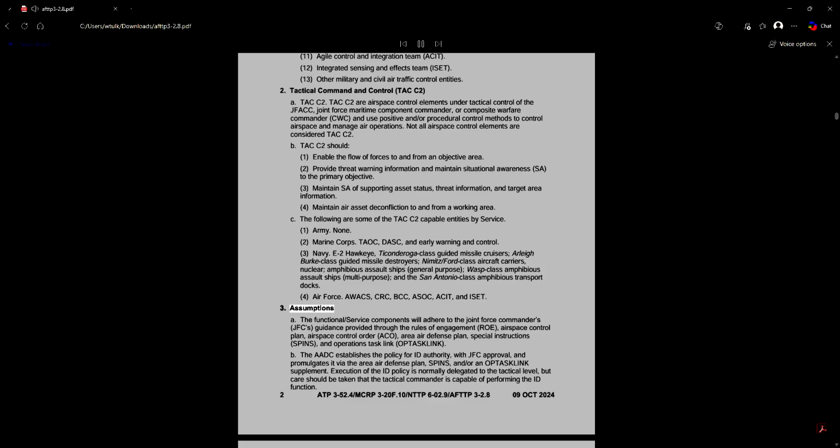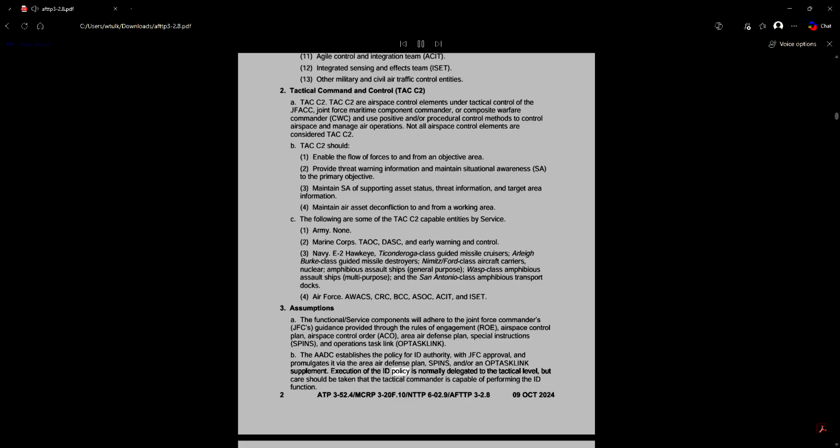3. Assumptions. A. The functional/service components will adhere to the Joint Force Commanders', JFCs', guidance provided through the Rules of Engagement, ROE, Airspace Control Plan, Airspace Control Order, ACO, Area Air Defense Plan, Special Instructions, SPINs, and Operations Task Link, OpTask Link. B. The ADC establishes the policy for ID authority with JFC approval and promulgates it via the Area Air Defense Plan, SPINs, and/or an OpTask Link supplement.